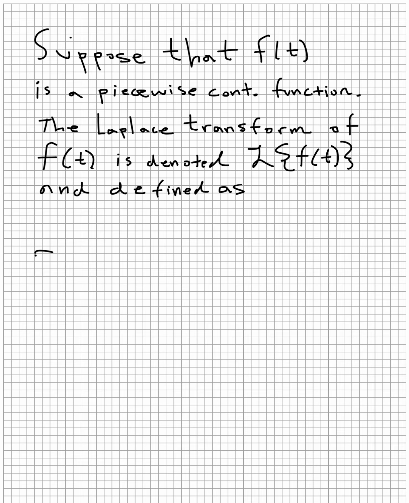We have the cursive L, which is for Laplace transform, the input, which is the function that we're transforming, and this is a piecewise continuous function, and this is equal to the integral from 0 to infinity, so it's an improper integral, of e to the minus st f of t